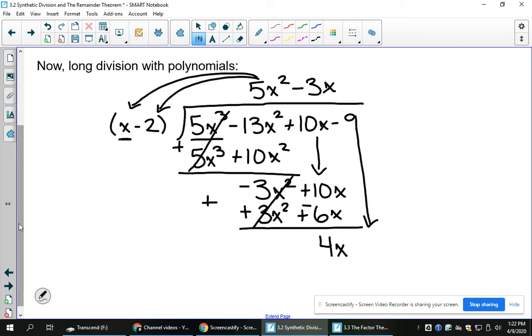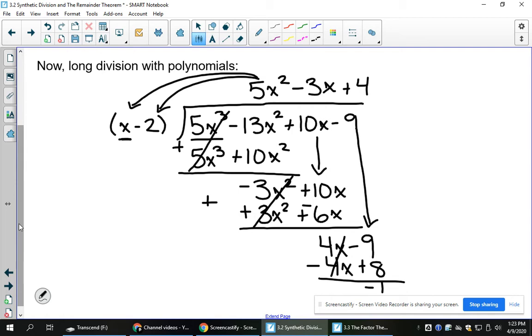Pull down your last term. Repeat the process. Subtract both of these, and you get a remainder of negative 1. So what you should be looking at on your screen right now is quite a mess. This looks extremely overwhelming, and there's a lot going on. There's lots of math skills that